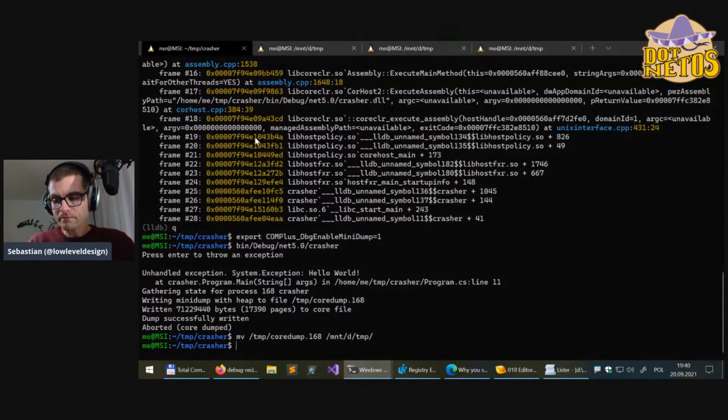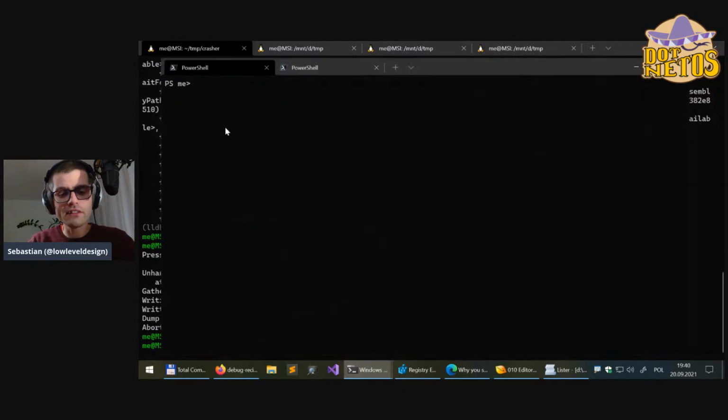Okay, so the next tool I wanted to show you, maybe a tool that you already know, is dotnet-monitor. I have it installed here using the .NET tool command. It is available in preview, so you need to add this version before installing it. Of course, usually you will probably use dotnet-monitor when you're running in a container,